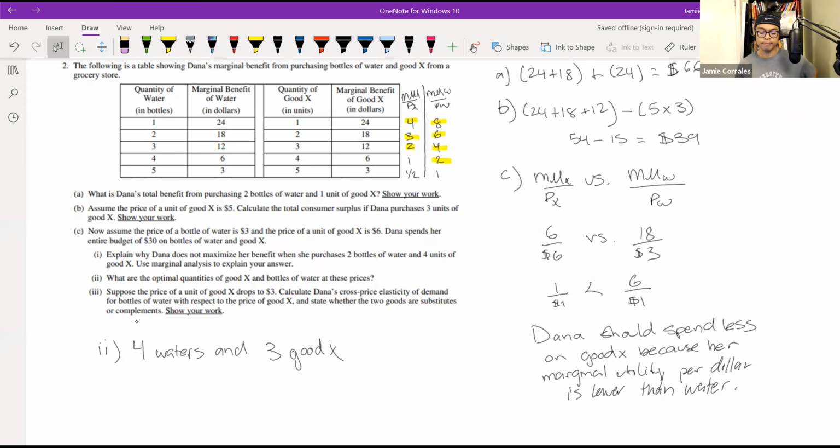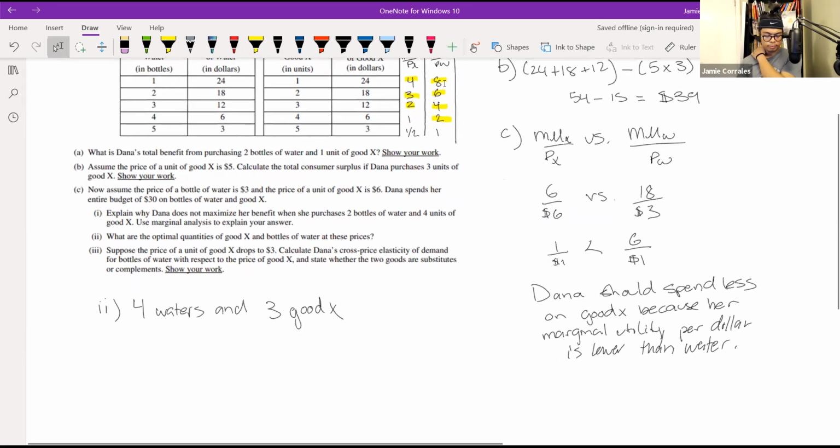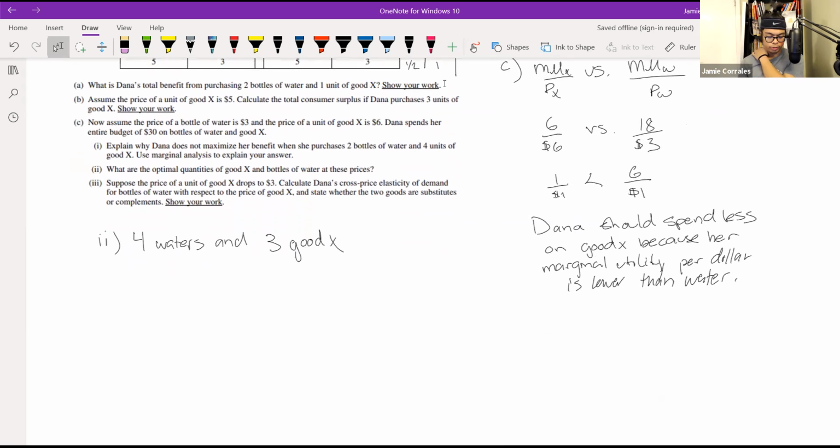So part 3, this one is a bit tricky. Suppose the price of good X drops to $3. So now it's much cheaper. Now we have to recalculate the optimal quantity. Actually, what's it asking? It's asking to calculate Dana's cross price elasticity of demand for water with respect to good X. State whether the two goods are substitutes. Show your work. Okay, so